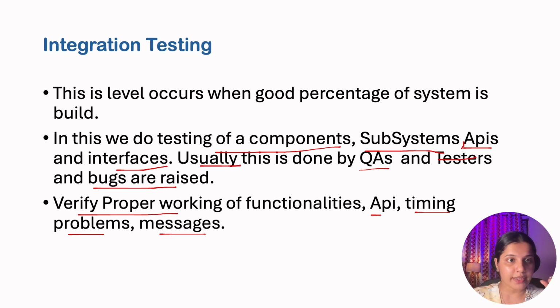And one more point, whenever we are doing testing, we do manual testing as well as automation testing, right? We'll cover manual and automation testing in further videos. But for now, you just need to understand that there are two types of testing, manual testing and automation testing. So whenever we are doing integration testing, we must be writing automation test cases also, okay? So we are writing automation test cases in this level, okay? So now let's move to the next level of testing.